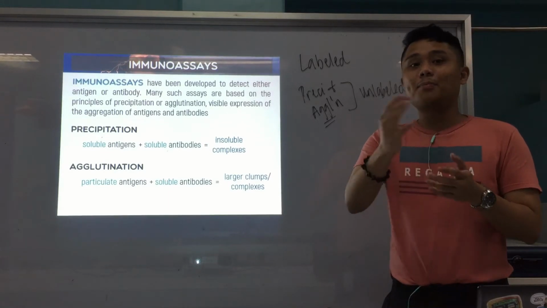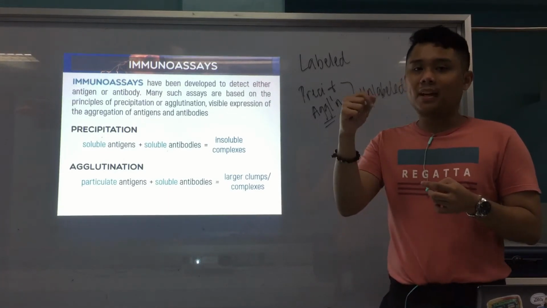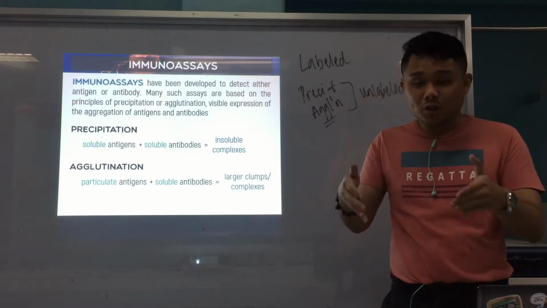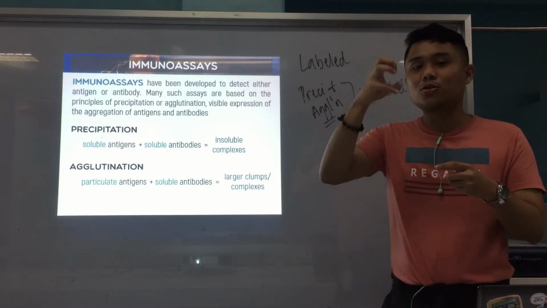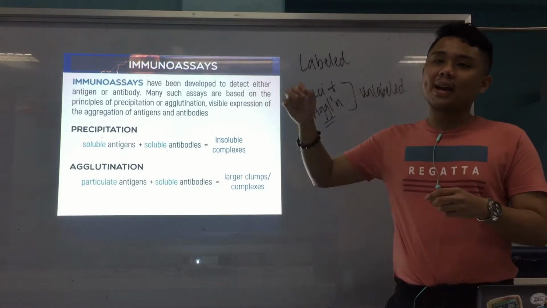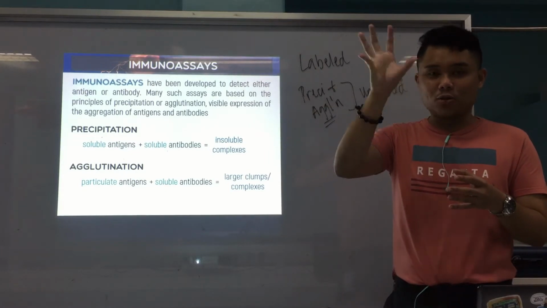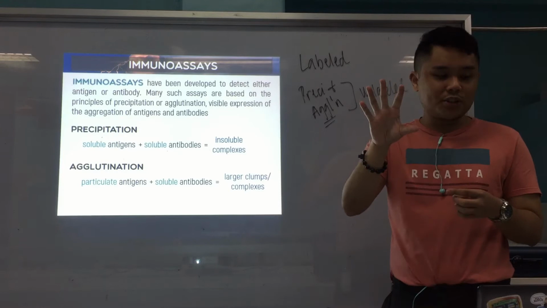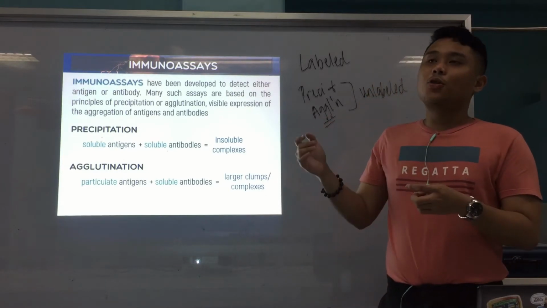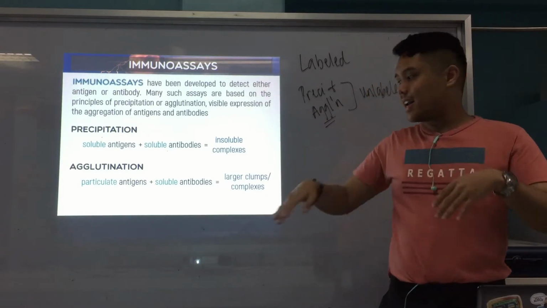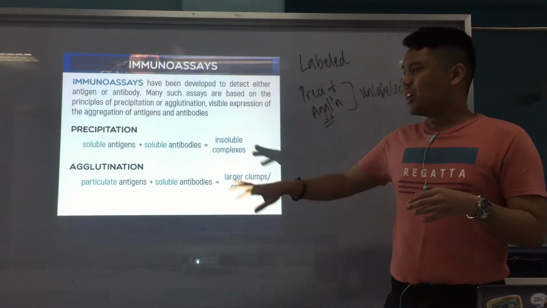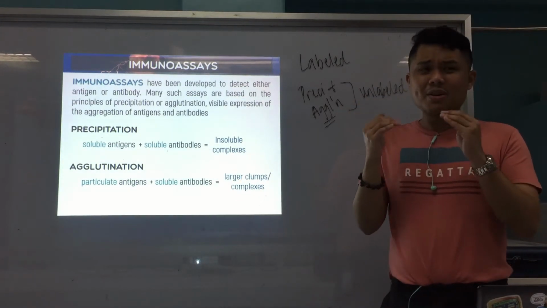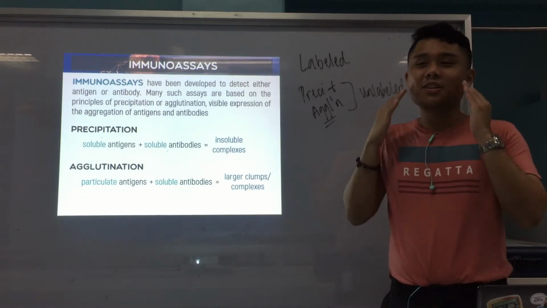An example, of course, is your blood typing. Those clumps are an example of agglutination. Again, the antigens are found on your RBCs, so they are solid. Then we add the colored anti-sera, which contain antibodies. When they react, they form aggregates, or complexes, or clumps that we can see. Whereas for precipitation, the reaction is usually soluble, so it cannot be seen with the naked eye.